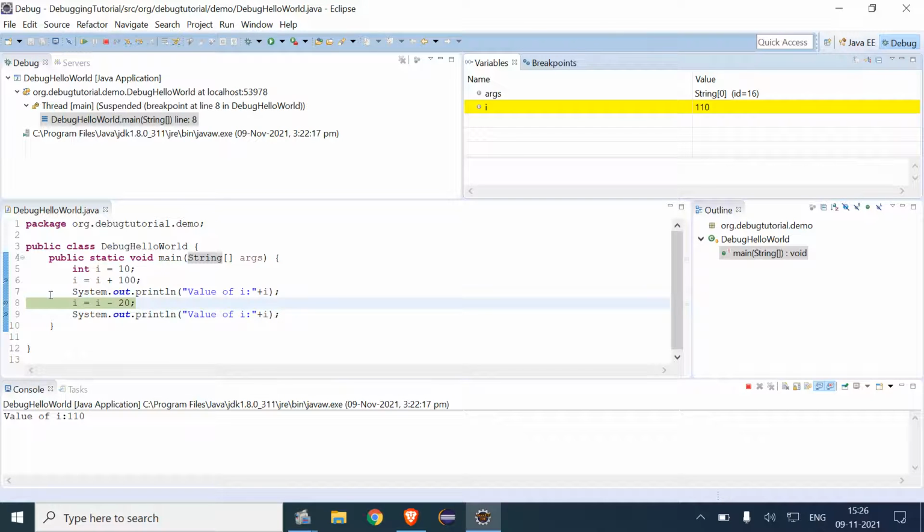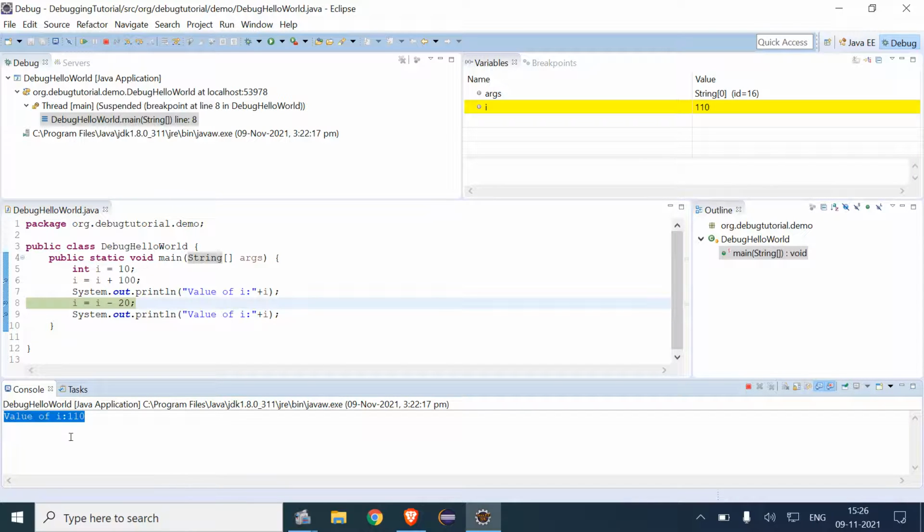And here is the last ending of the program as per the debugging, because there is the next breakpoint in the next line, so it will stop here and it will show the output as 110. And when we see the output also, it's showing the value of I is 110.